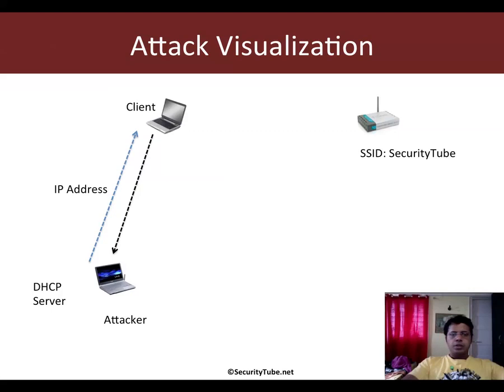So the client may make a DHCP request and the attacker may run a DHCP server on his machine to provide an IP address to the client. Now after this, it's just Metasploit, Autopwn or some other simple attack tool to compromise the actual security of the client,